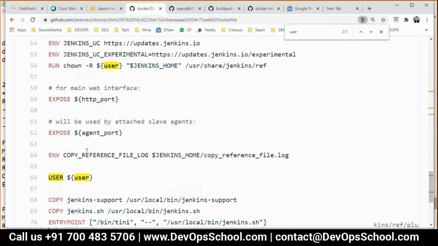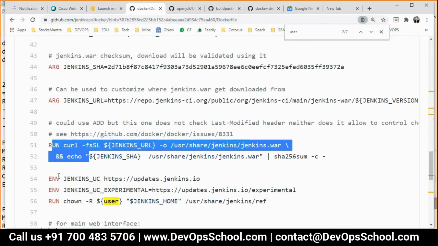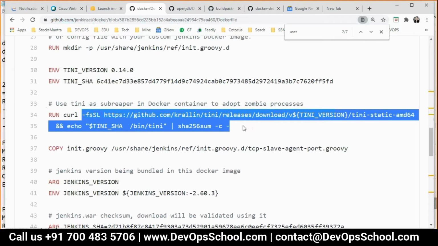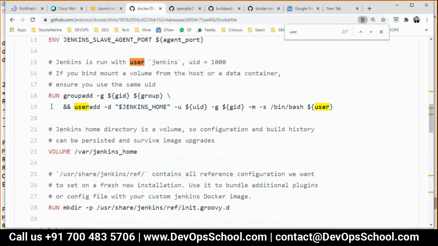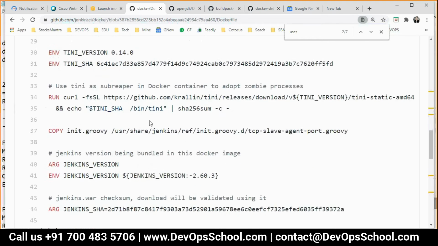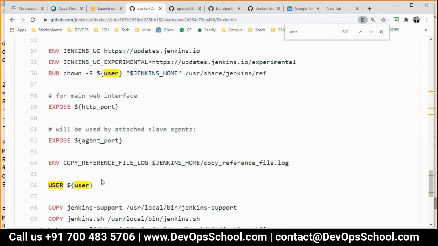So go back. Look at each run and see what is happening. See that? Here you are creating a group and user. Because of that reason only you are able to run the container with Jenkins.